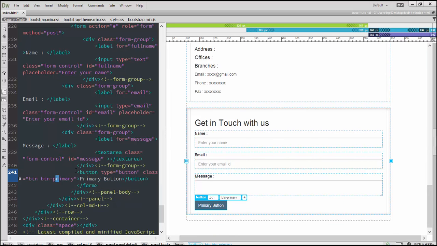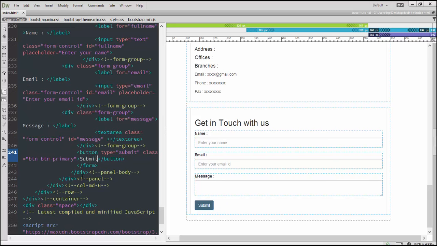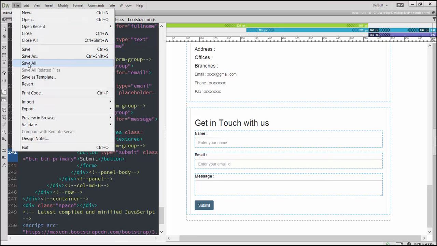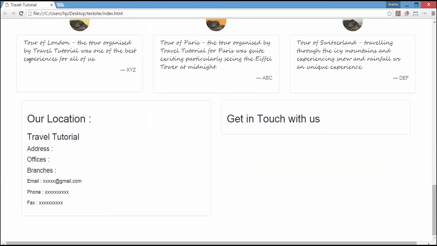Now the button primary, the button type, let's first change this to submit, and the description of the button primary, you change it to submit. The other things will remain the same. Now let's come and save this. And if you refresh the browser,